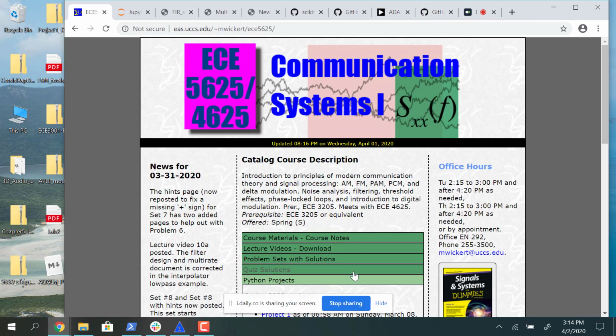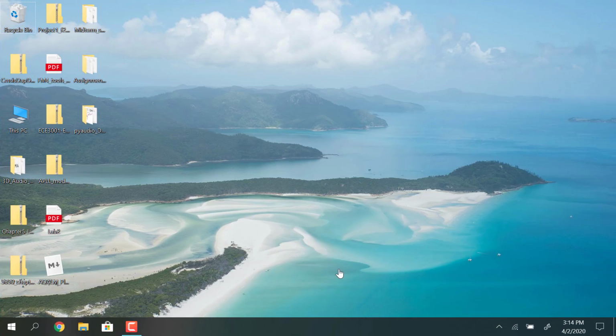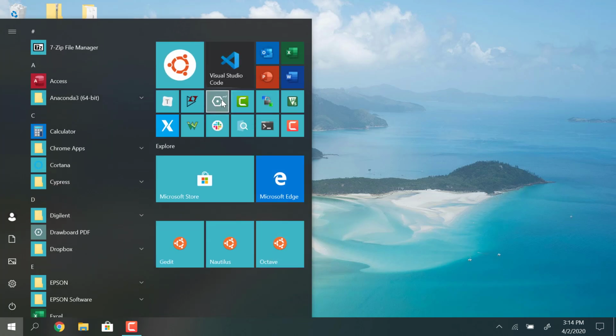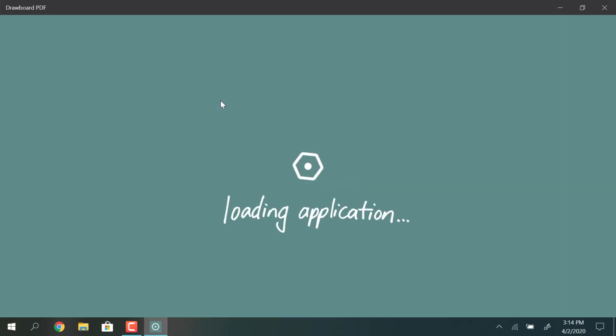Okay, so now we're going to move on to talking about, let's see, this application called Drawboard PDF has crashed 3 times on me in the last 15 minutes. Hopefully it will at least come up with what I've got